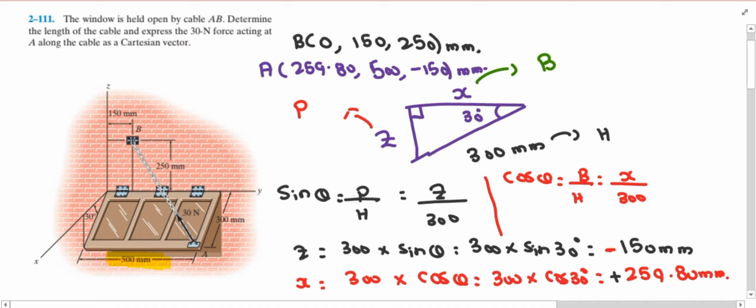So our first step is completed here. That is, we found the location of every single point present in our diagram. So let's move on to our second step. Before we move on to the second step, I erased some extra things from here, and I kindly request you to write this stuff down in your notes. And if you have any query, just comment on this video, and inshallah I will reply soon.